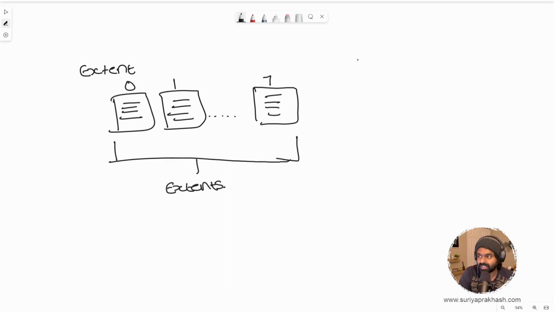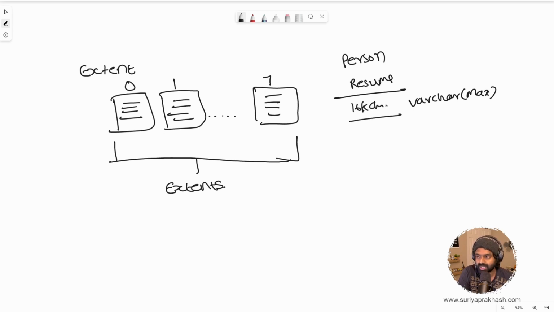In the same example that we discussed earlier in the person table, say you have one more column called resume, declared as varchar max, and you have more than 16,000 characters in it. I'm just putting an example in here. When you have 16K characters, it would actually overflow the memory of a single page. A page can only contain 8 KB of data. The ID, the first name and the last name wouldn't take too much space, but the resume, at about 16,000 characters, would take a lot of memory and would not fit into the same page. So it has to be put into a different page, and there has to be